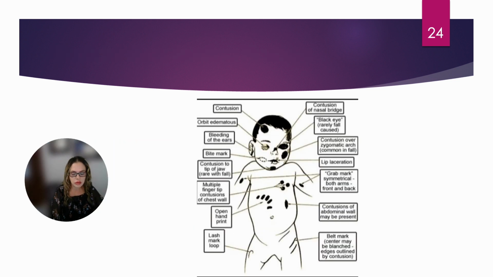These are marks that would be essentially pathognomonic for abuse. Any head contusions in an infant, orbital swelling, bleeding of the ears, bite marks, any contusions to the jaw, which would be rare in a fall, multiple fingertip contusions on the chest wall, so you can see where there's handprints essentially, any type of open handprint from being spanked overly hard, spanked at all,